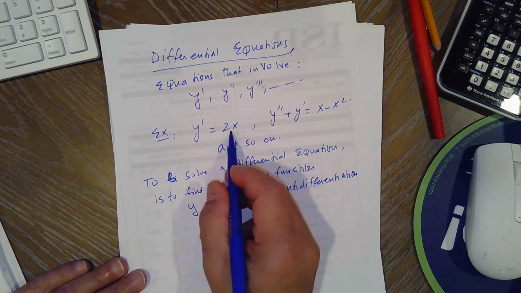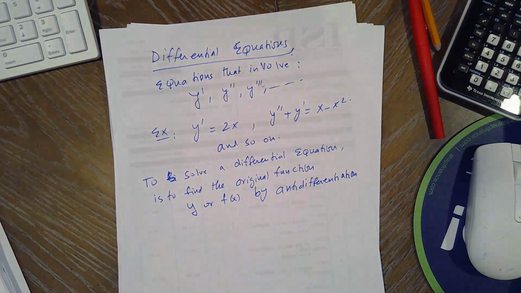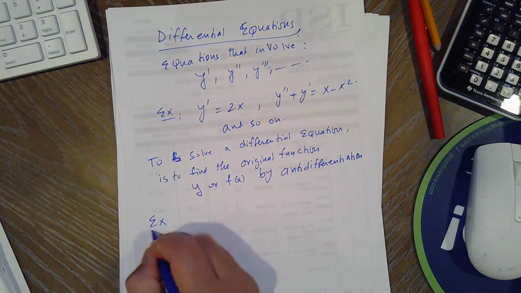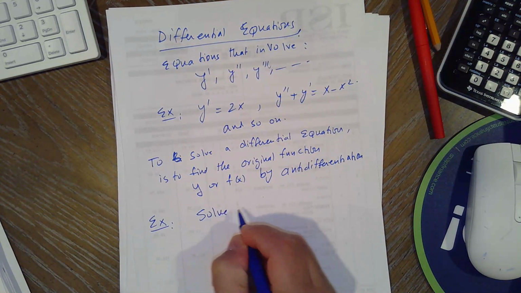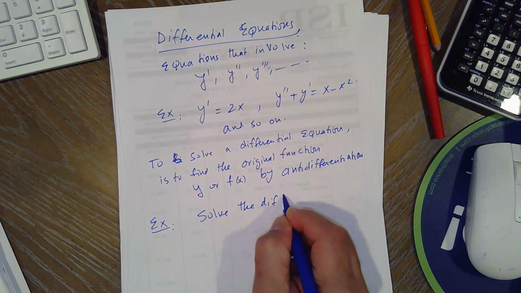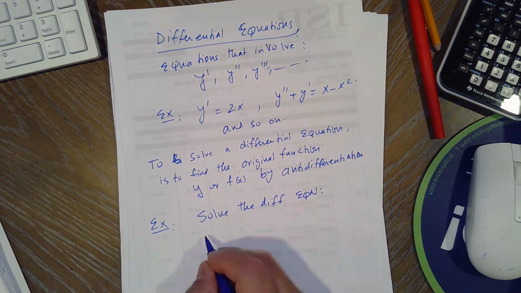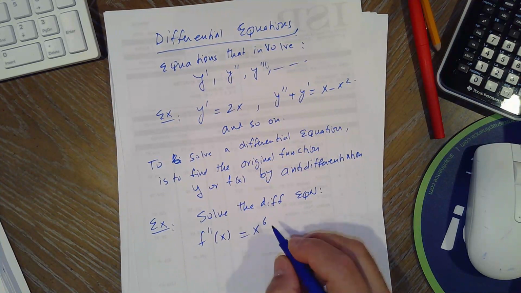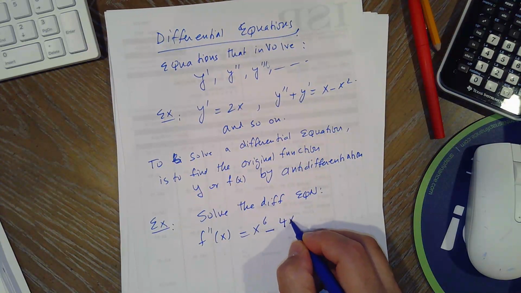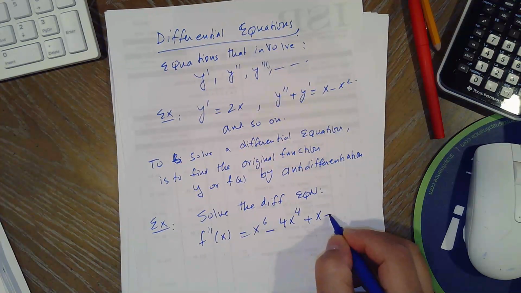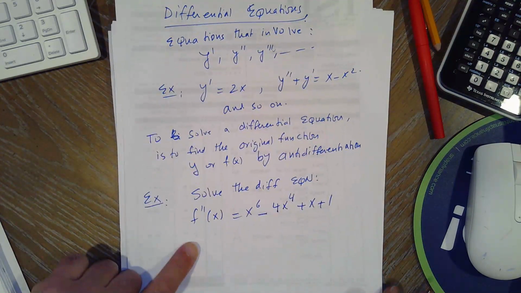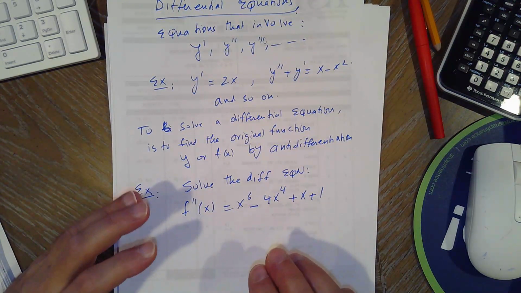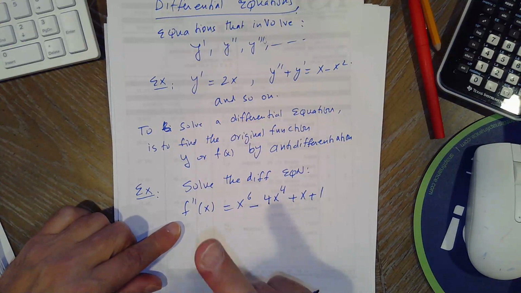Because if you're given the derivative, how do you go back to y? You anti-differentiate. For example, solve the differential equation f double prime of x equals x to the 6 minus 4x to the 4 plus x plus 1. Remember, we got the second derivative by, we don't have the function, but by differentiating the function f of x